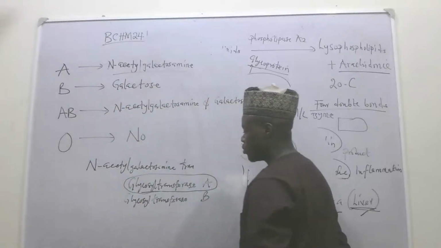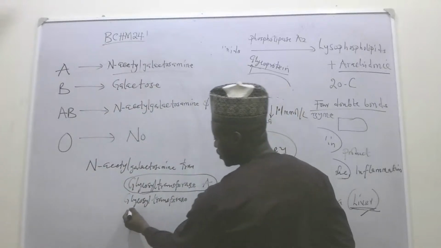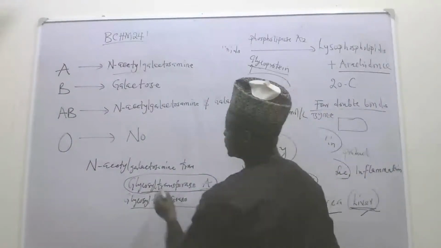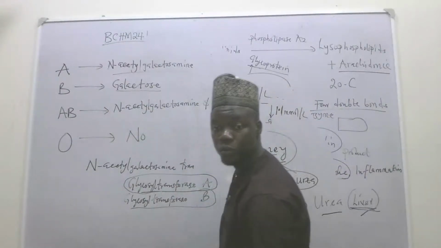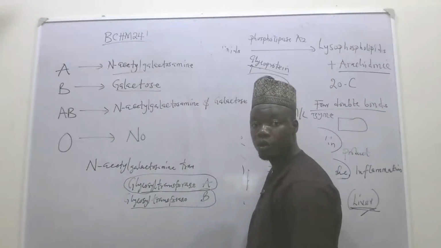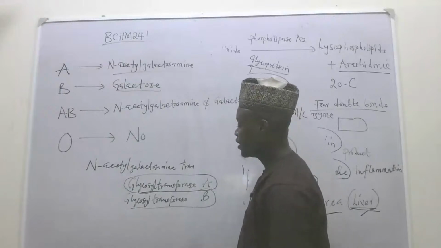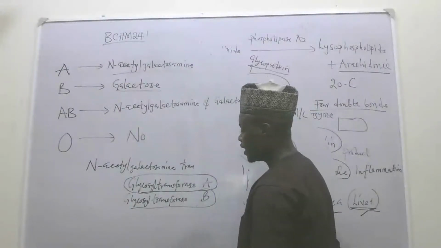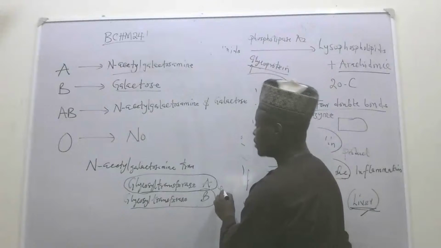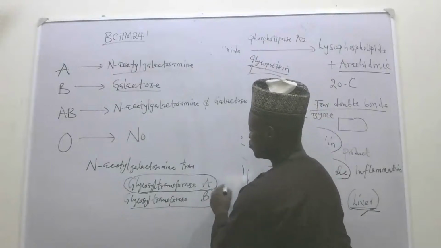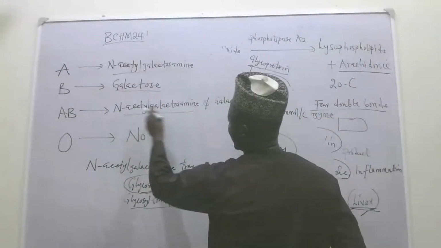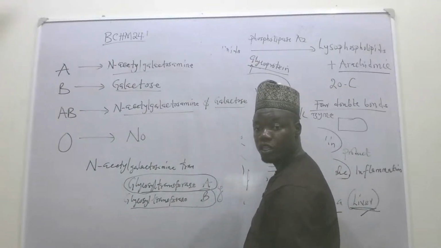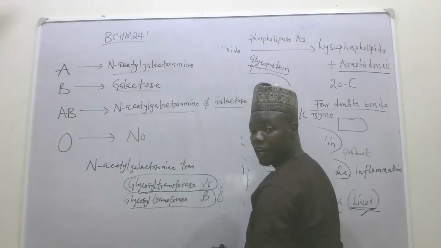And then a situation where you have an enzyme called glycosyl transferase B. It is an enzyme that adds galactose on the surface of your red blood cell, and that is why you have blood group B. Then for a child that has both of these enzymes, it means that these two enzymes can add both N-acetyl galactosamine and galactose. And then for someone with blood group B, it means that he doesn't have